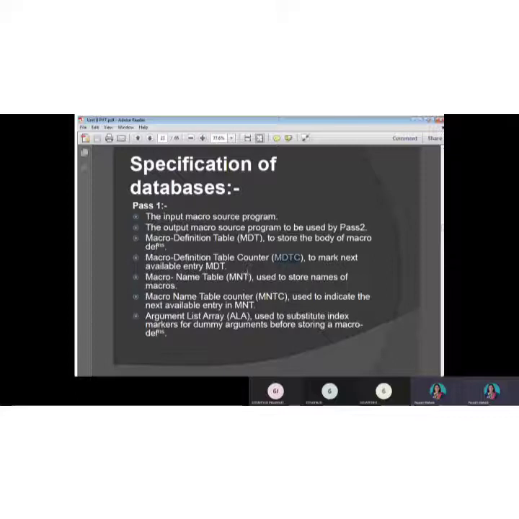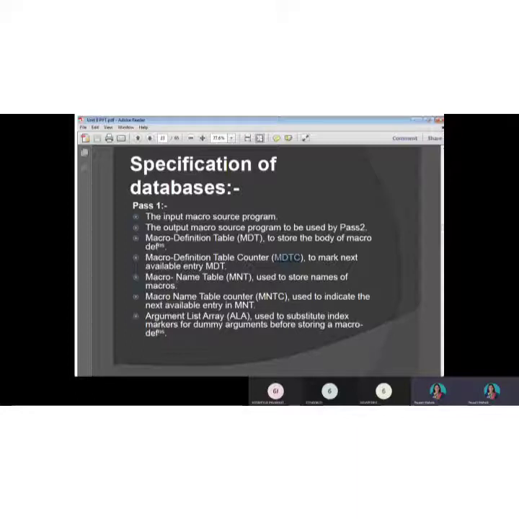In further discussion, we shall use these abbreviations. So macro definition table is MDT and it is used to store the body of the macro, right? Macro definition table counter is like a counter or an index to mark the next available entry in the MDT.